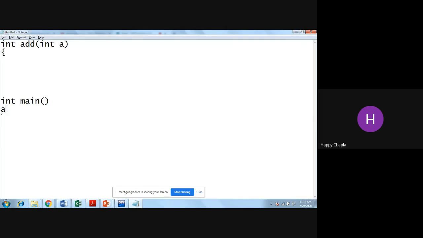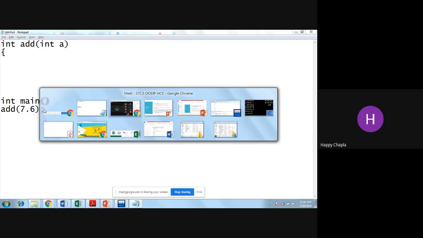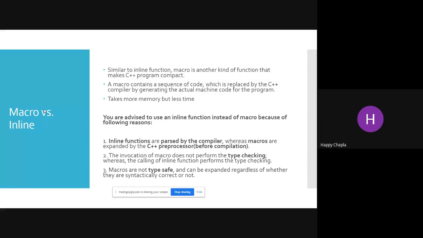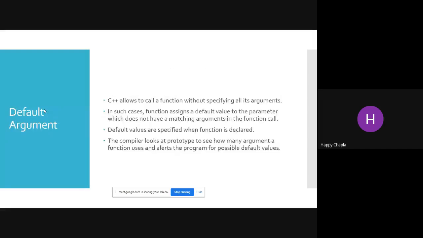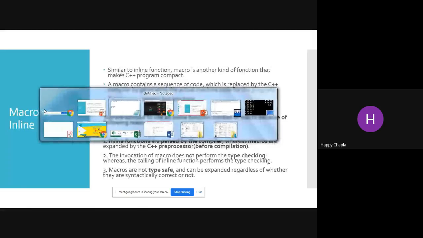Okay, so if I pass 7.6 and 0.6 to add, the values will not be considered; this is a type mismatch, right? This kind of thing is type checking.